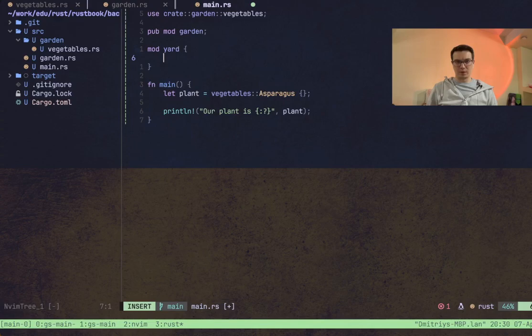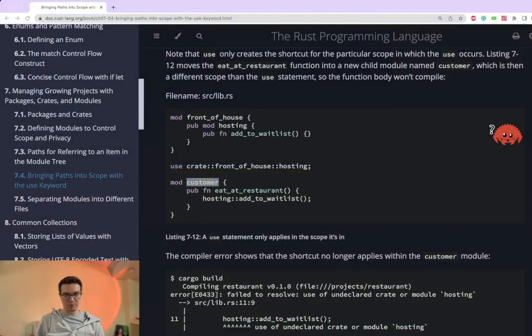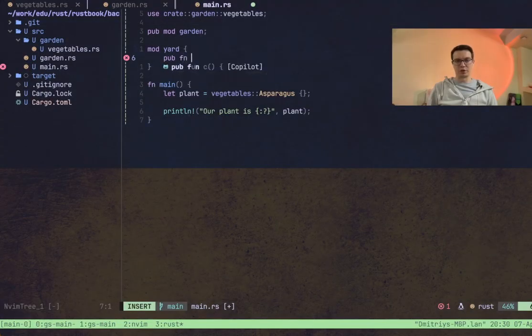And we can define some pub, whatever, a pub function